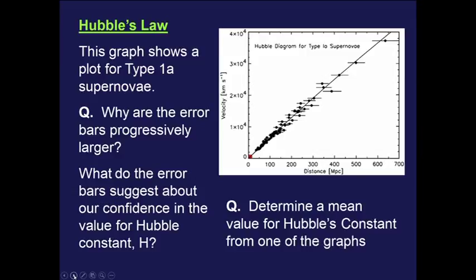And so you can see as we go further out, the error bars for the light spectrum from these supernovae, which are the standard candles which we use to look for distant galaxies, become greater. Okay, so you may well be asked as an exam question to take a graph like this, draw a line of best fit, and work out a value for the Hubble constant, and you would give that value in velocity in kilometers per second per megaparsec, and you're looking for a value that should come out somewhere around about the 65 kilometers per second per megaparsec mark.